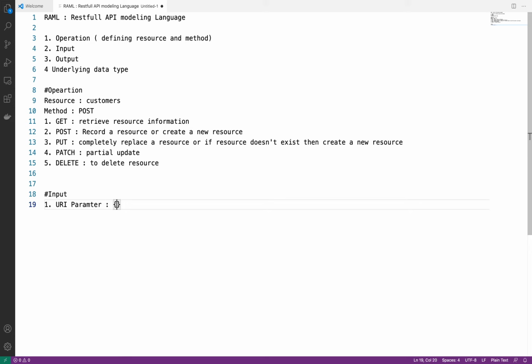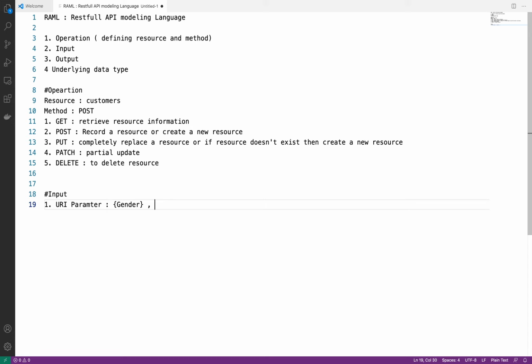And how do we define a URI parameter? In curly brackets. Whenever you define your URI parameter, you need to use curly brackets. Here we can take gender as a URI parameter. What other data can we take as a URI parameter?